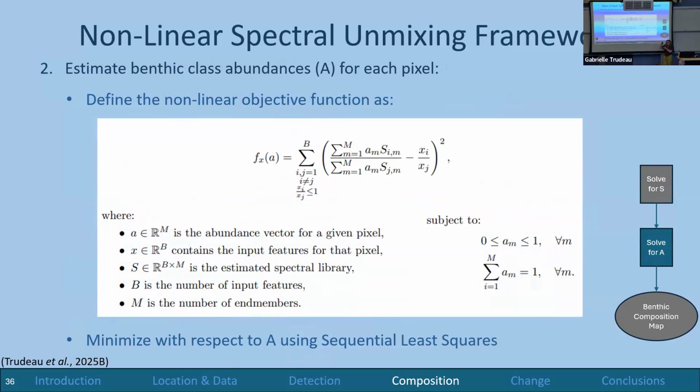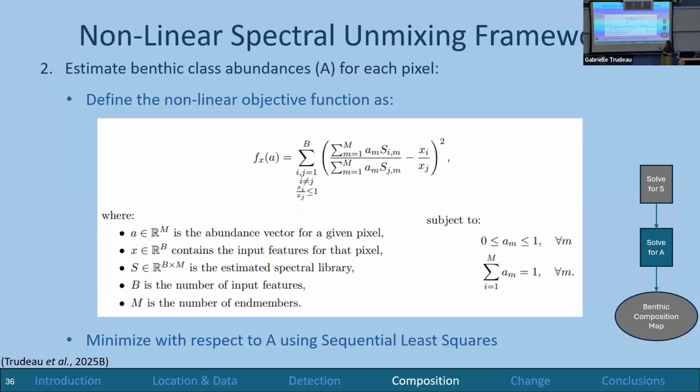So this is formulated by actually looking at 2 individual pixels at the same time. And this takes into consideration the nonlinear dynamics we know are happening between the benthic abundances and the different benthic classes. Okay, so we're taking into consideration the fact that oftentimes we have 2 pixels that have the same exact spectral value, but are sometimes labeled differently. So this formulation ends up being more robust to environmental variability because of the ratio-based method of it, if you will.